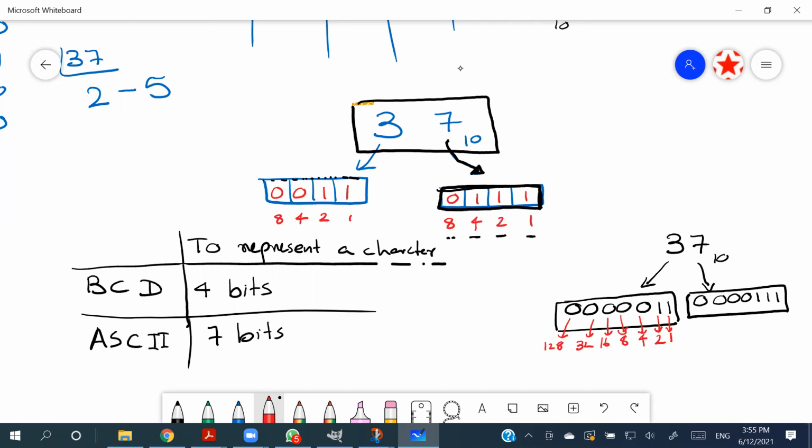Earlier we needed only 8 bits to represent 37 in BCD. Here there are 7 bits and here also 7 bits. Now we need 14 bits to represent 37. And still it is necessary because the number of characters used inside the computer is increasing, so we can't change that. We have to have a unique code for each and every character. If you look at your keyboard, to represent every character on every key, a different code is needed.